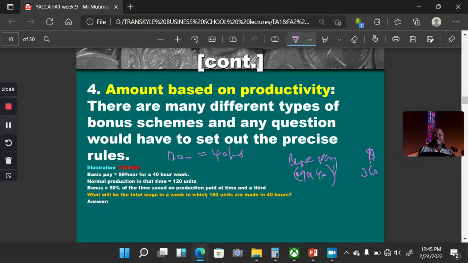But now in this particular week, 150 units were produced. Okay, 150 units were produced. So what happens is